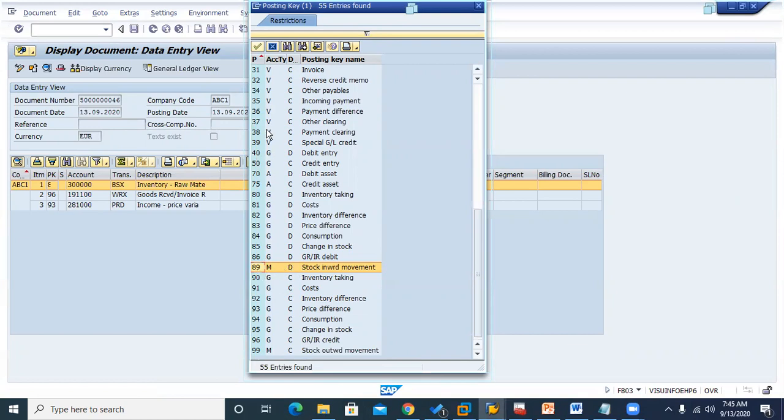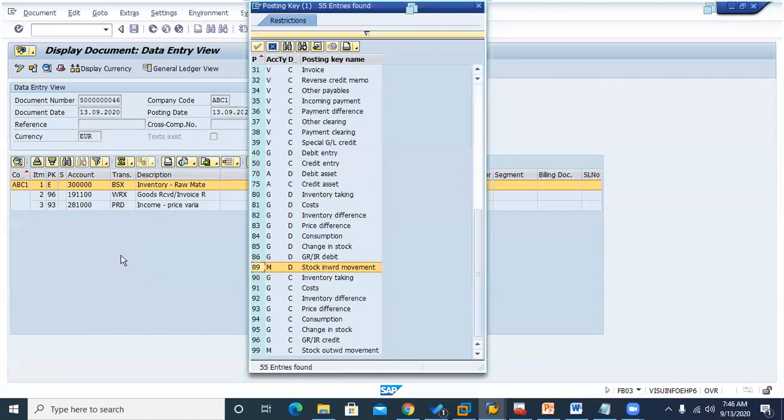The finance people create them for different places so they can identify where it is going. They call this the posting key, that's why PK. So with posting key 89, they will definitely understand the material is coming from outside, from the vendor, into the inventory. That's why in this situation only 89 is going to hit here.